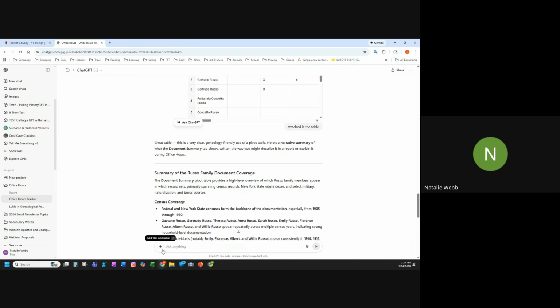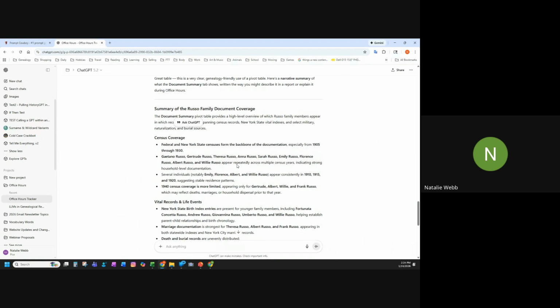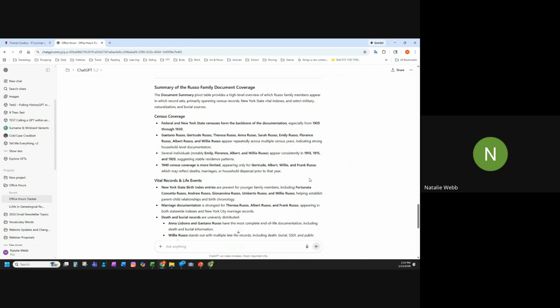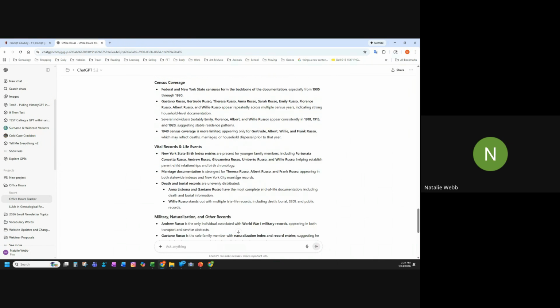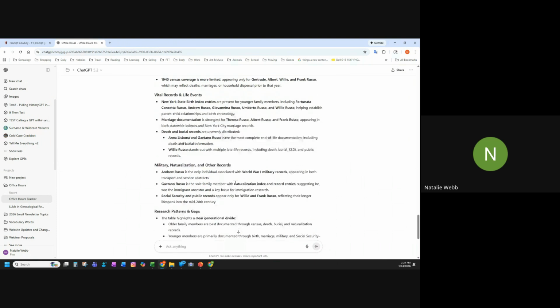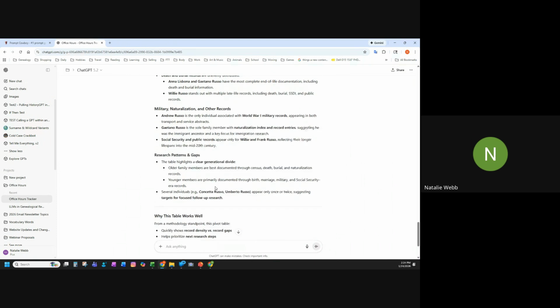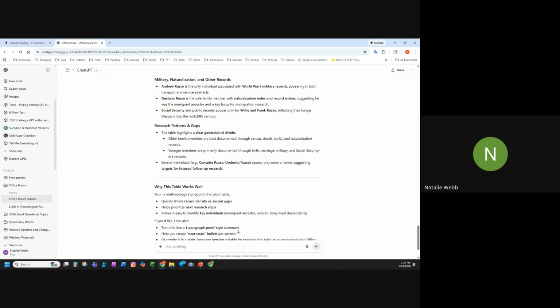And to attach a file, you just click on this little plus sign here. I think Gemini may have a paperclip instead of a plus sign, but it's all pretty intuitive. And then it tells me, okay, it's analyzed the spreadsheet and it gives me the summary of my summary. It talks about the census coverage, life events, all the different types of records, and then it goes into